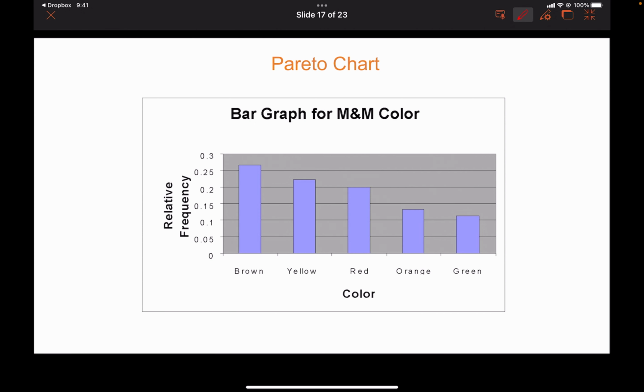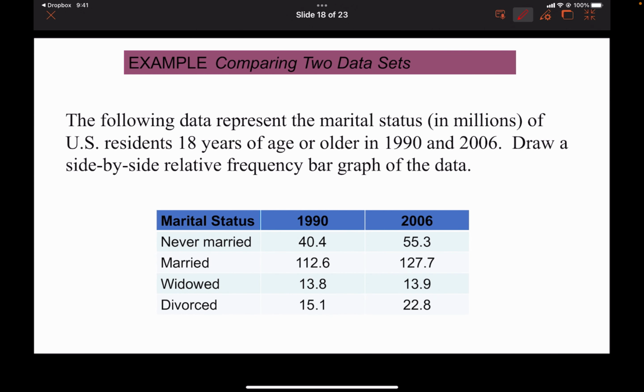Okay, so now let's take a look at some different data that we're going to compare here. This is marital status in millions of U.S. residents 18 years and older between 1990 and 2006. So we're going to draw a side-by-side chart. This is something you've probably seen in the news and other places over and over again. So in 1990,